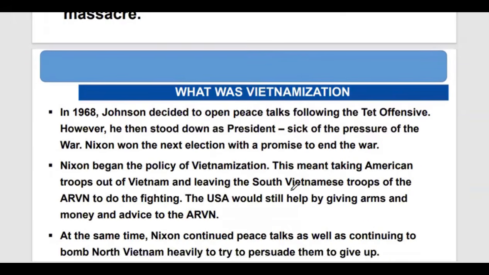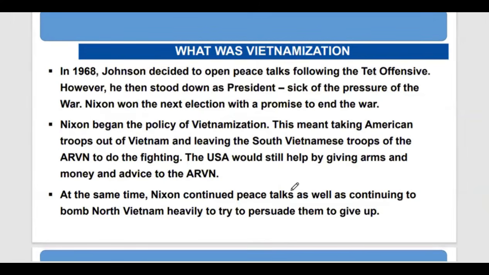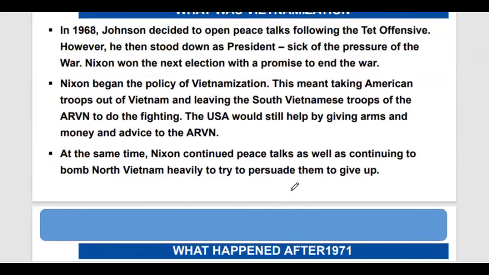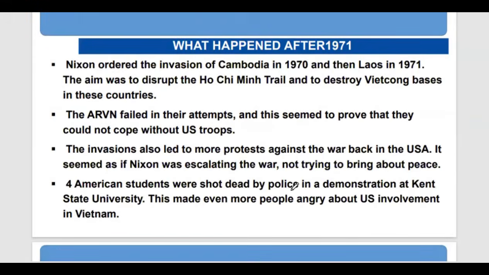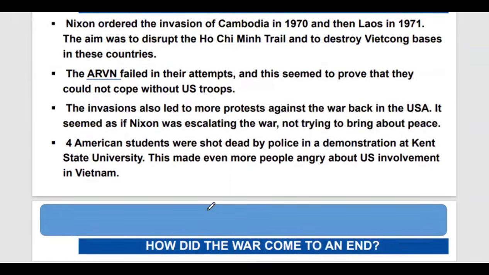Right. And then Vietnamization. We are looking at the transition of leadership of America from the leadership of Johnson until the time when Nixon came into power. When Nixon came into power, he introduced Vietnamization, for the war had become so expensive, and also protests at home were also a daily issue for the Americans. So the only way to do away with such protests and also the expense of the war was apparently for America to Vietnamize and withdraw from Vietnam. Right. That was the Vietnamization process. The ARVN, this was a South Vietnam war army. They were supposed to stand on their own after the Vietnamization.